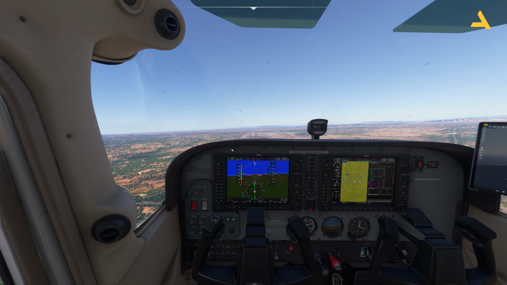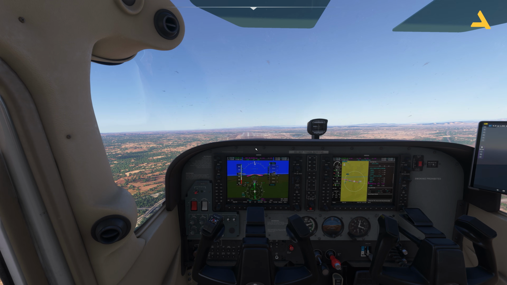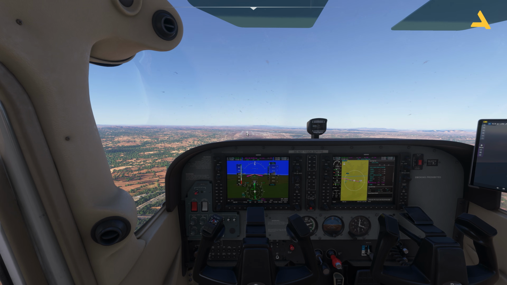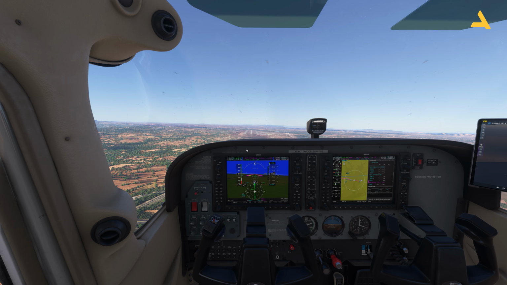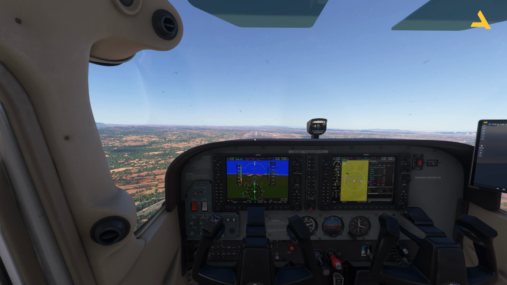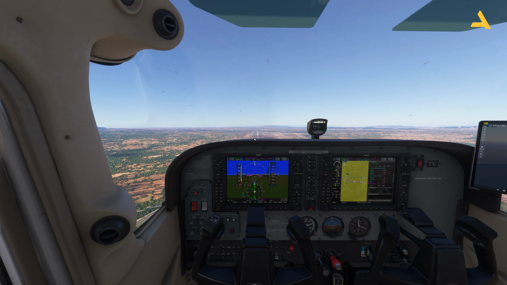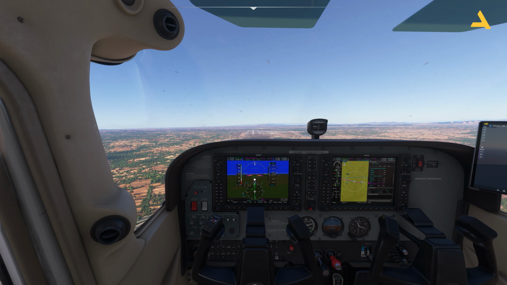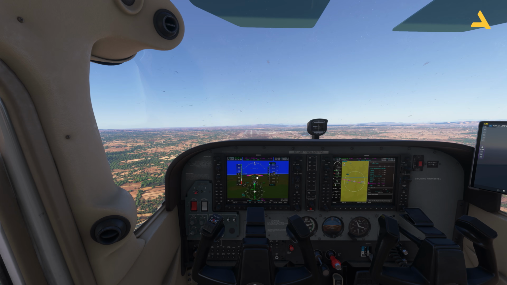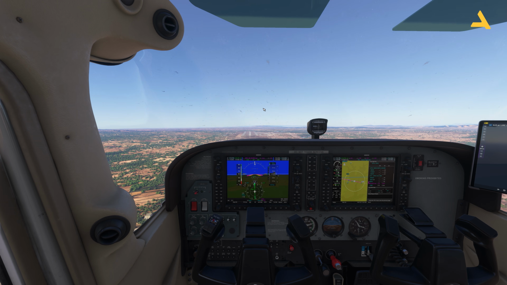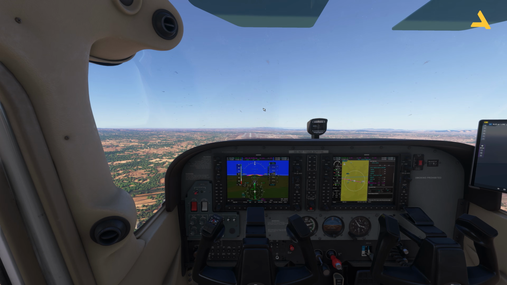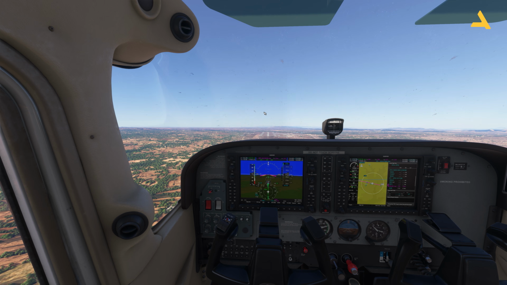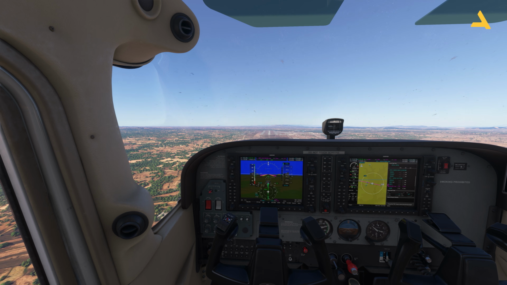If you keep the runway between these two screws, I'm just giving you an idea, because once you're landing, you're just looking at the runway. So then you have the runway in the middle. So I'll keep the speed at 60 knots, and plus you can also see the runway over here in the primary flight display. So everything is looking good so far, and